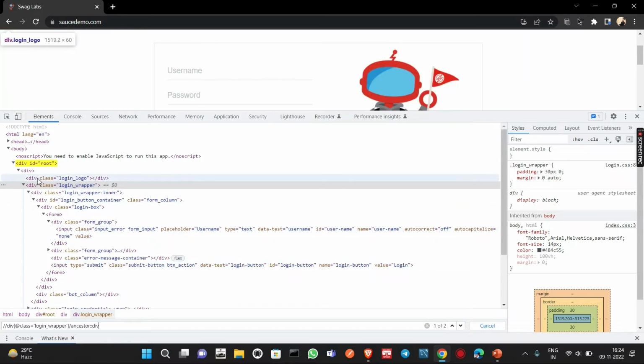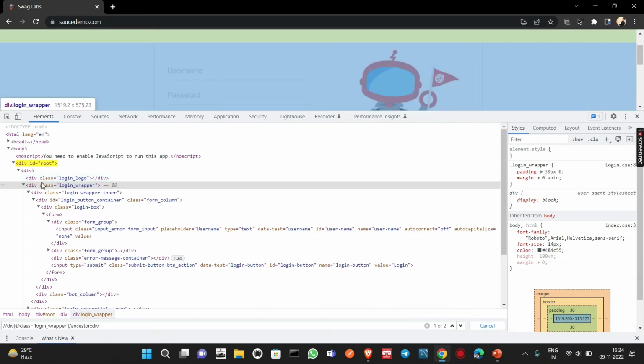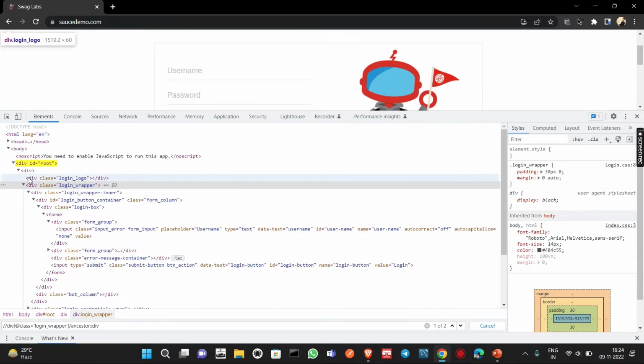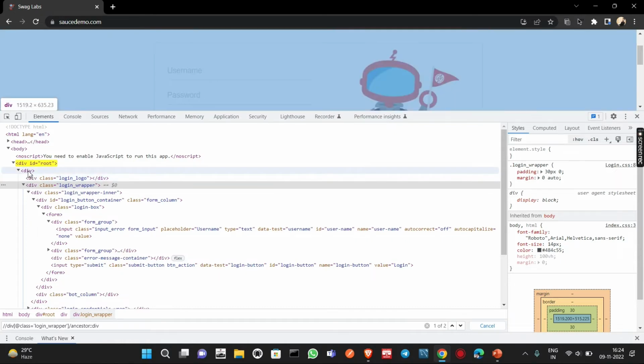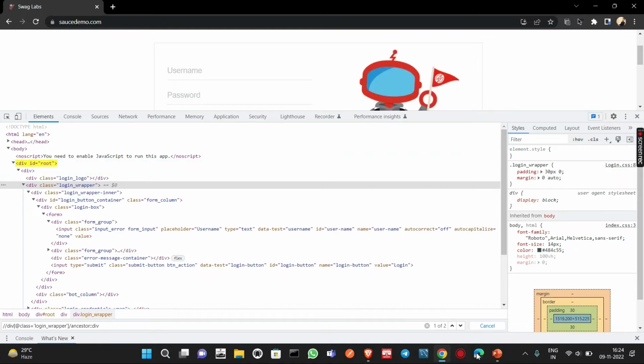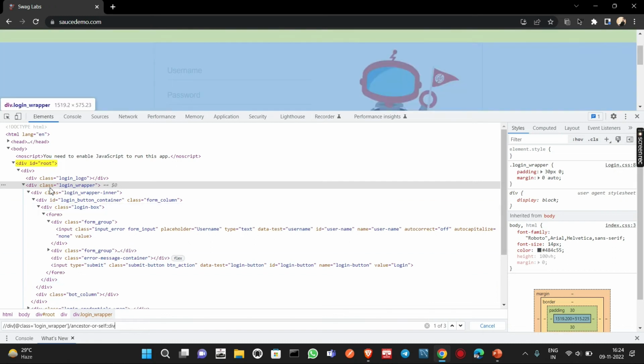And why this div is not selected? Because this div is in same level with this. Okay, the div class is equals to login underscore logo is in the same level with the div class is equals to login underscore wrapper. Okay, so these both are siblings, and the parent is this and the parent of parent is this. Okay, so there are two ancestors, the parent and the grandparent. If we write here ancestor-or-self, you can see here that 1 out of 3 got selected,